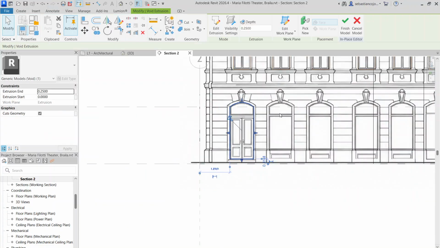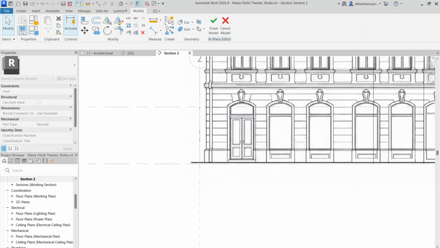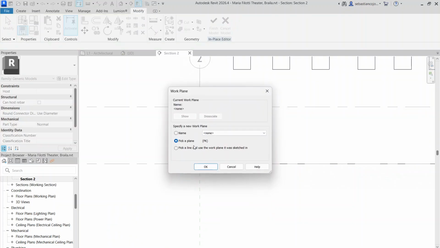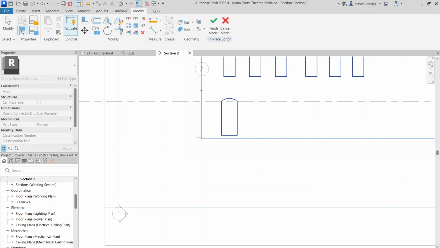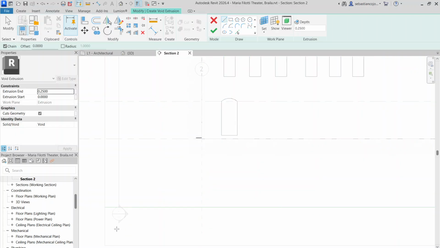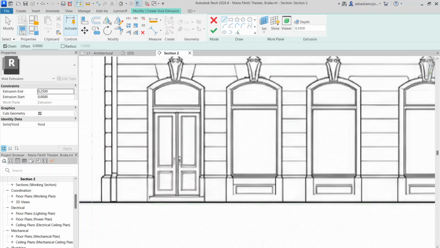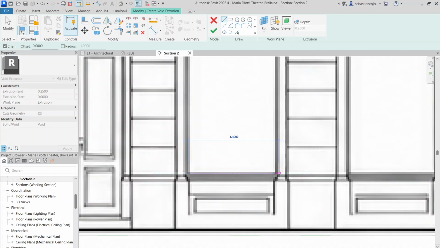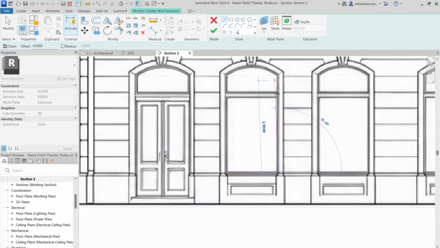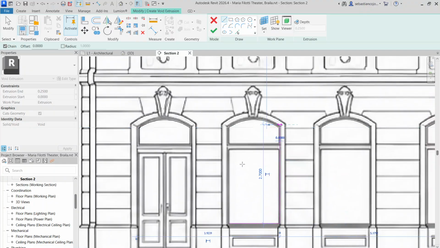Let's create a window. Create similar, pick a plane, hidden line, show, tab, select, back to. So when you select the reference plane, you go to hidden line, and when you want to see through and have the reference image in the back, you go to wireframe. When you draw everything like in here, okay, create the arch, great,